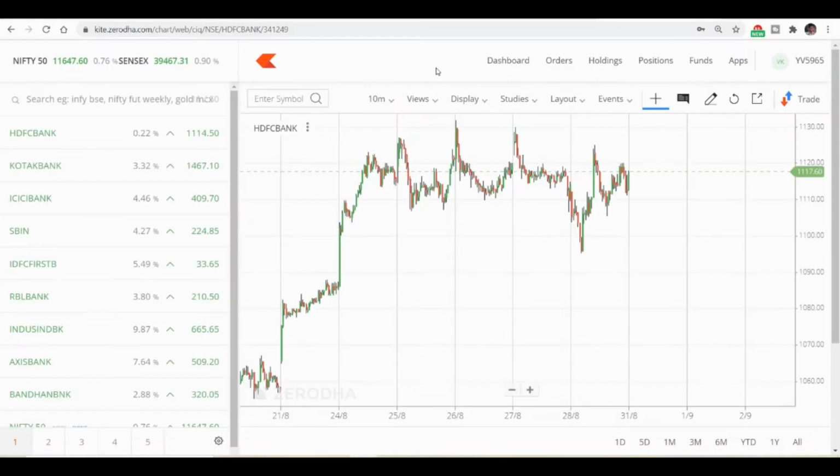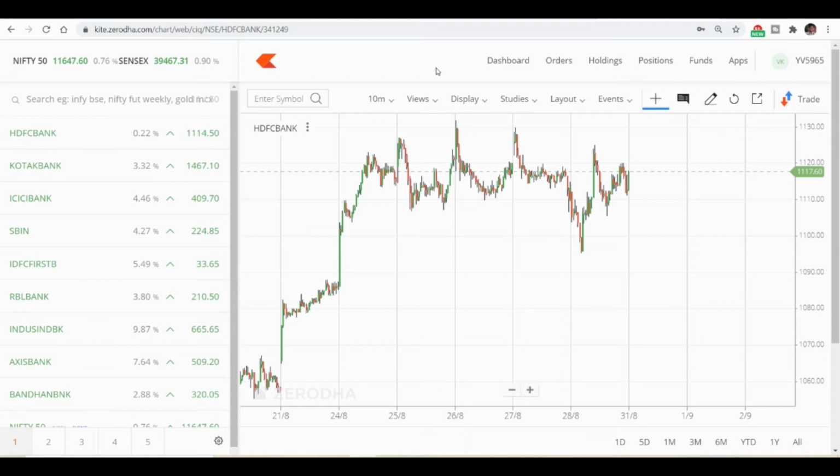In Zerodha Kite, we will draw the indicators that we just discussed. We've discussed the volume, the moving average and breakout. The moving average will act as a stop loss. For volume, we will use the price and volume to identify the trend of the stock. First we'll draw the volume, then we go ahead with the moving average.